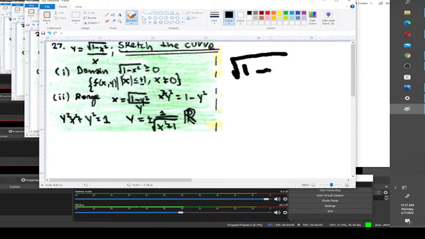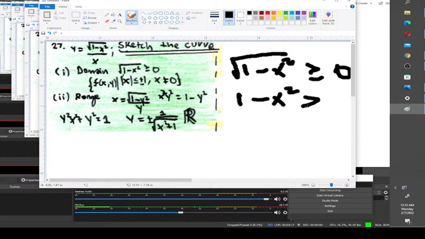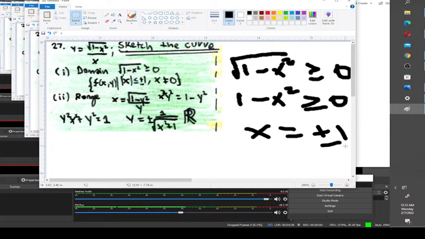So if we have 1 minus x squared, we want to know where that's greater than or equal to 0. So square both sides. 0 squared is just 0, so it stays the same. And then we're going to subtract 1, divide by a negative, and then when we take the square root, we'll have positive negative 1. So x has to be between, it has to be less than or equal to 1. When we divide by the negative,